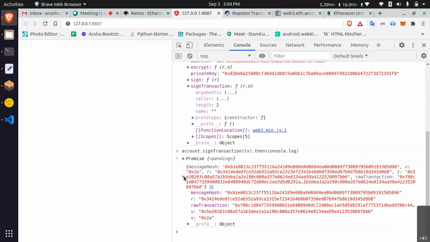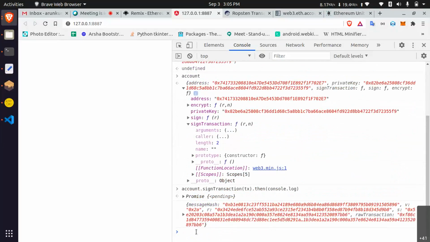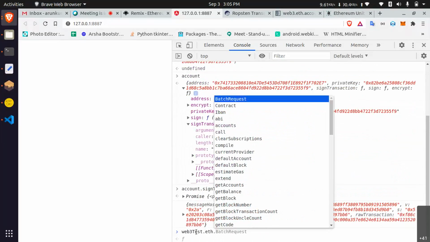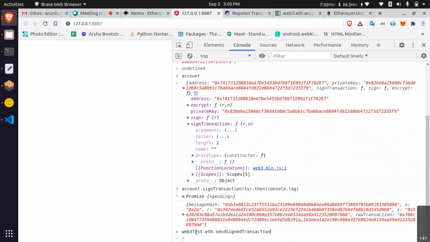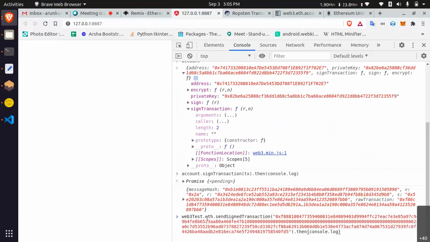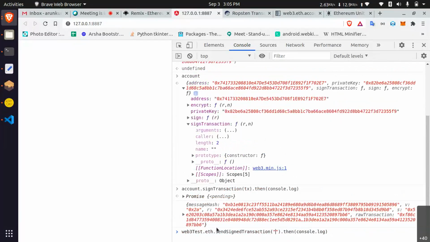Okay, let's see web3.eth.sendSignedTransaction of this raw transaction.